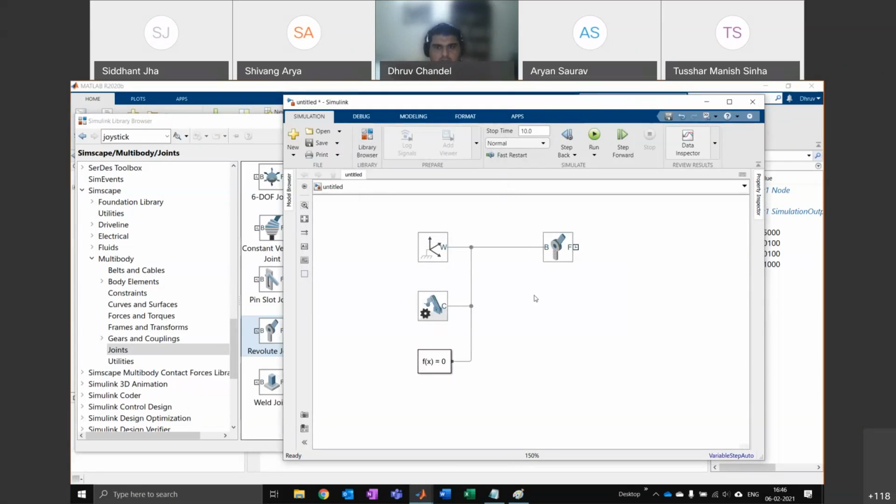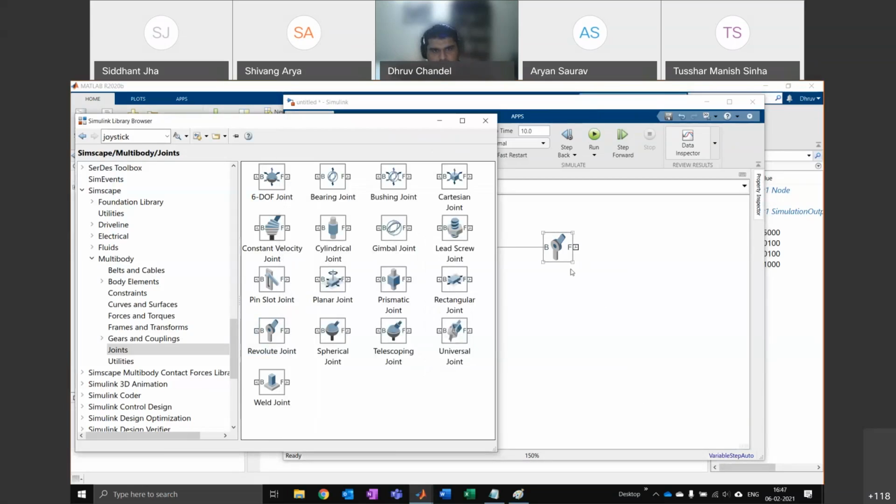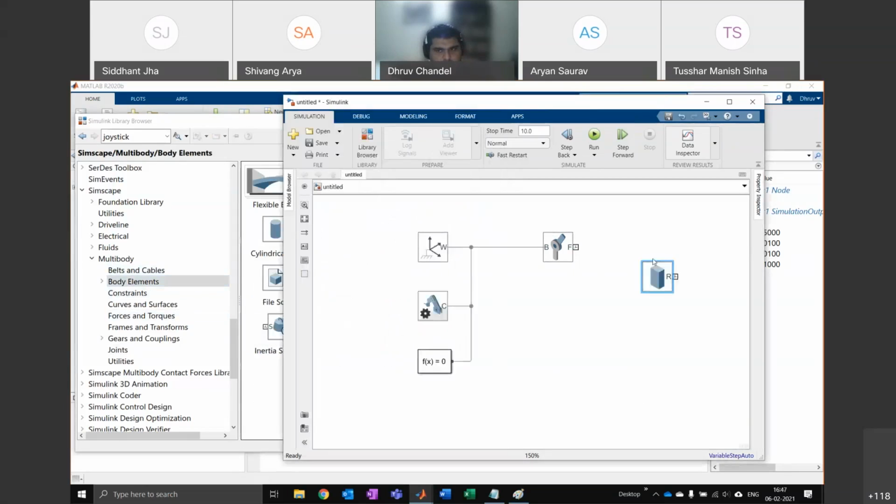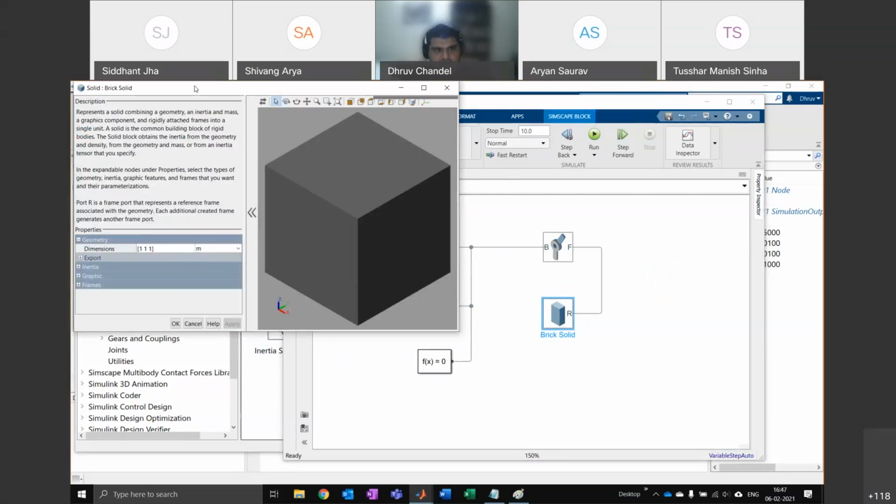Okay. And now I'm going to take a cuboidal body maybe, and I'll just attach it here. Let's see what it does. So I'll get a brick solid and I'm just going to attach it here. And a brick solid is something you can go in and change.